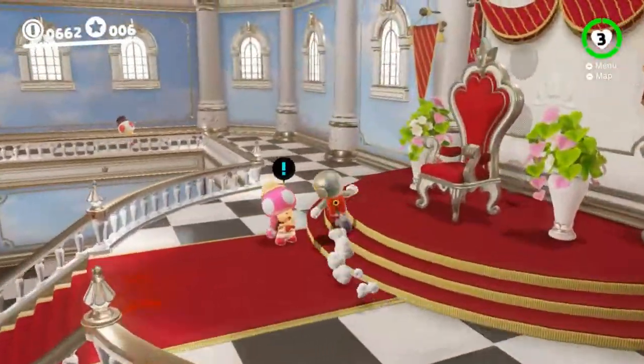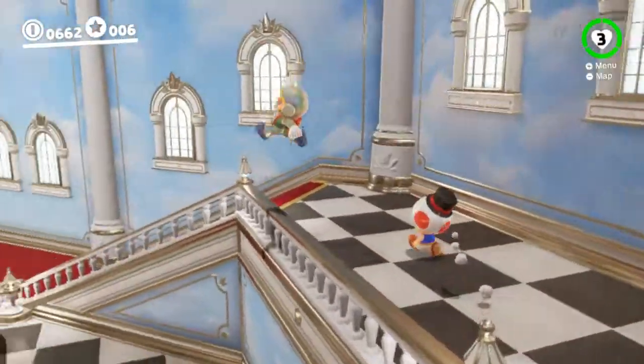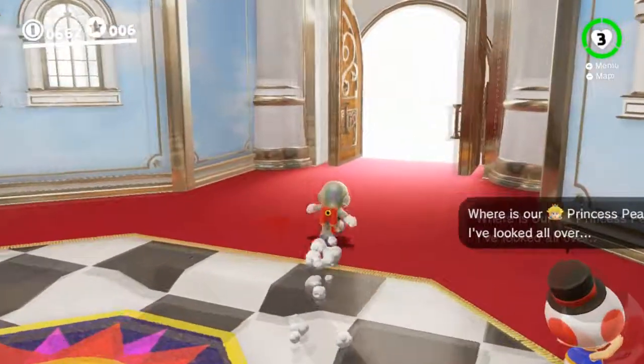I mean, there's her throne. Obviously, she's not there because she decided to do her own little trip. Pretty cool though because you get to kind of like Where's Waldo it with her, and you have to look for her